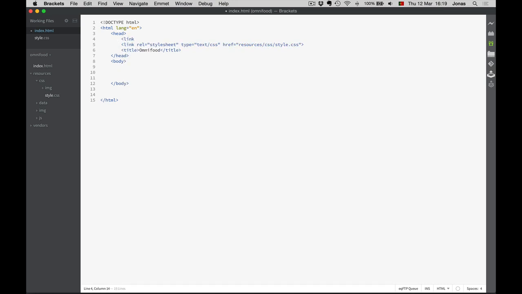So link, again, all of this stuff, style sheet, type, and href. Now it's in the resources, CSS normalize. Great. Now the next step we do in this kind of setup process is to include the web font we